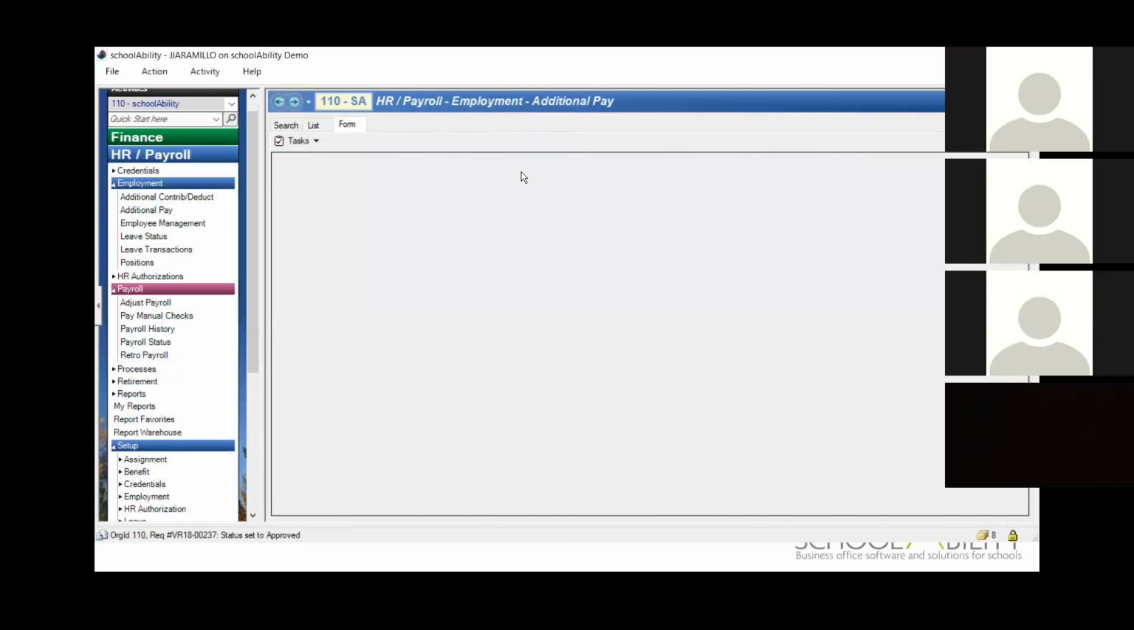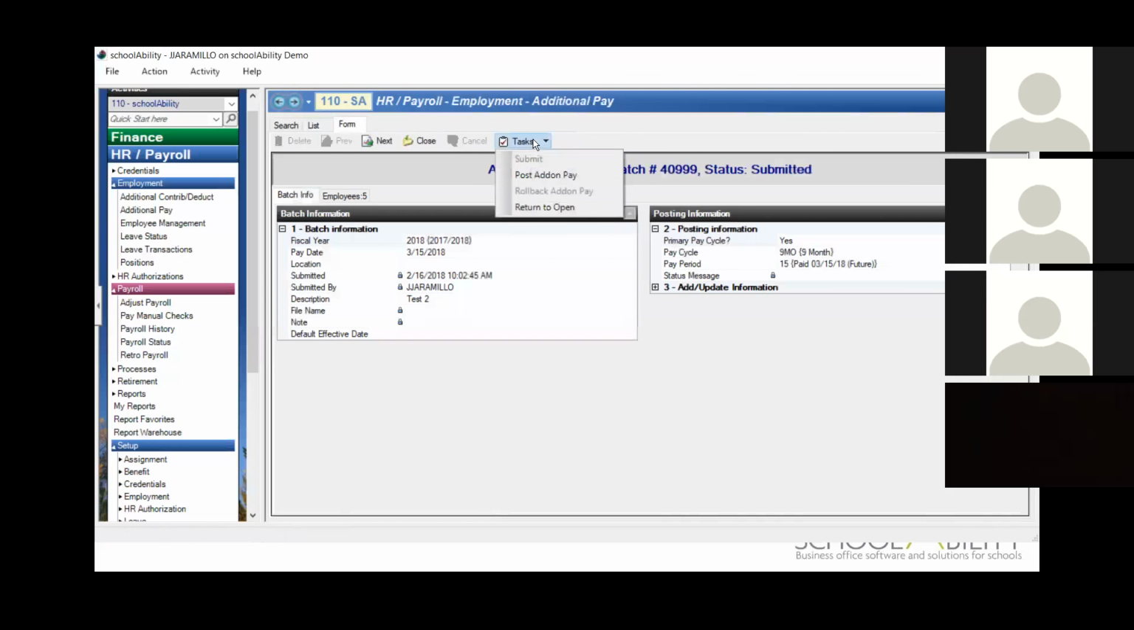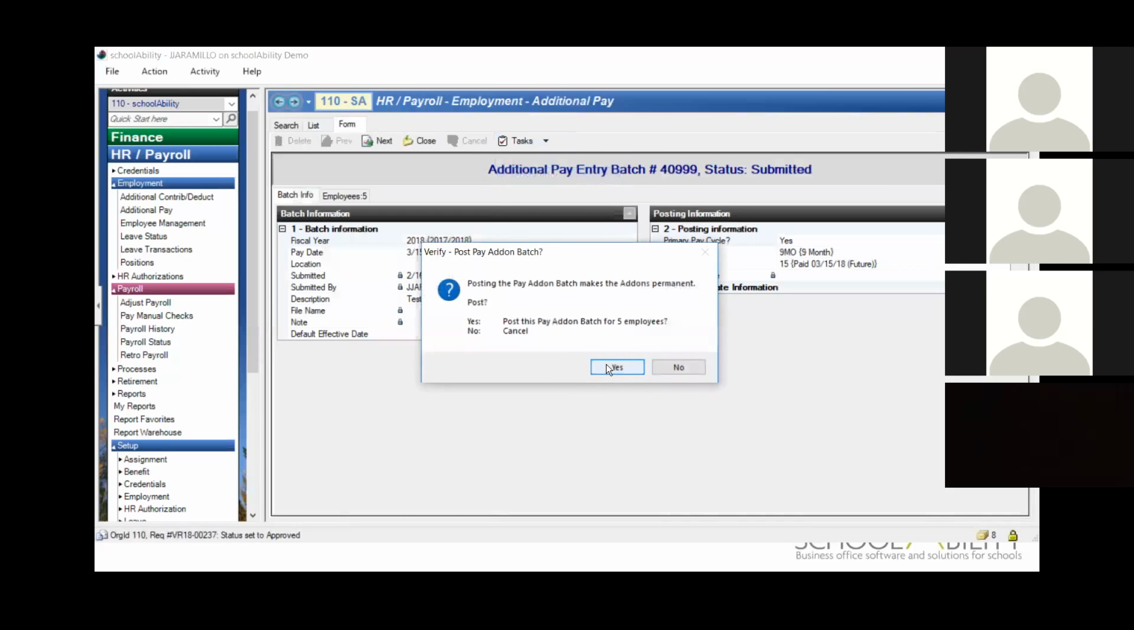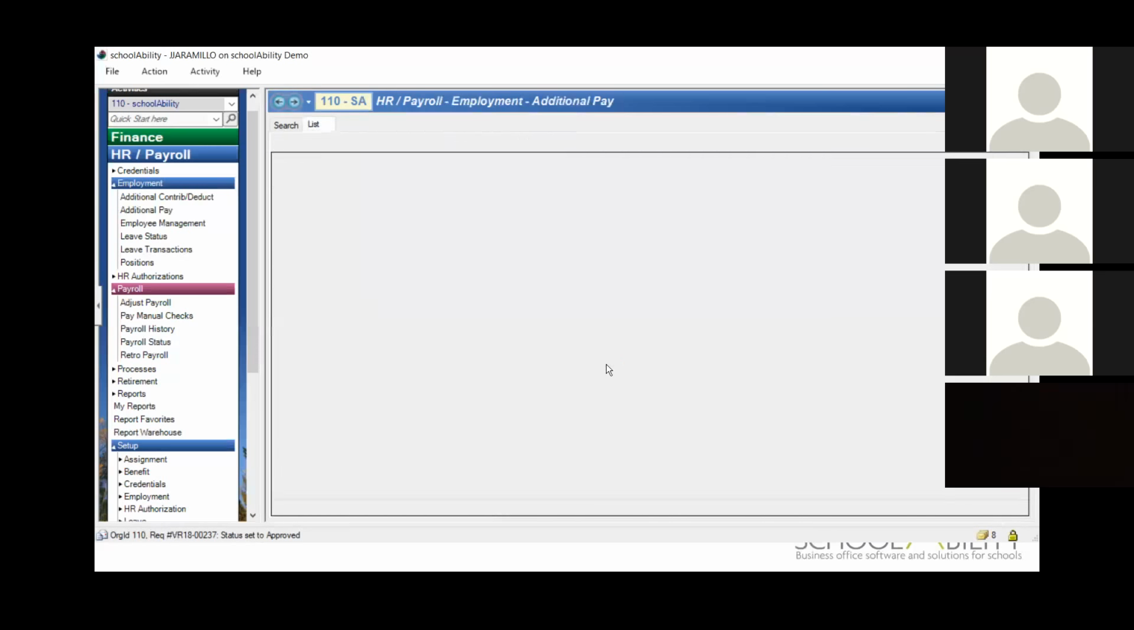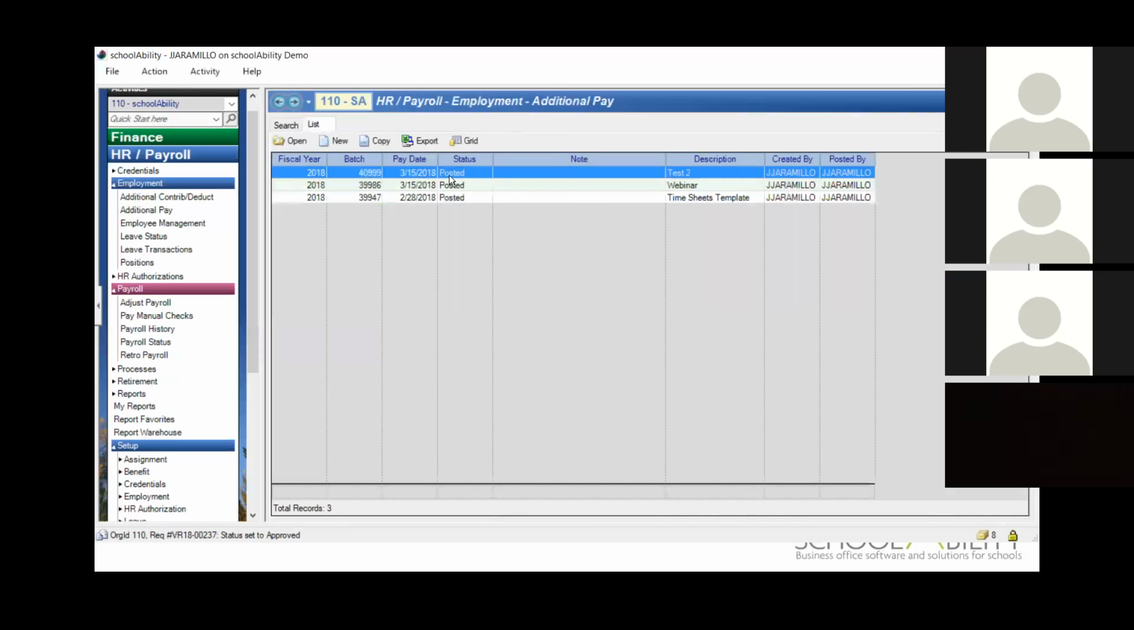Reopen the record, Tasks, and Post add-on. What this allows for is when it says post, it means that it actually is included in the Adjust Payroll screen. So if I come to the Adjust Payroll screen